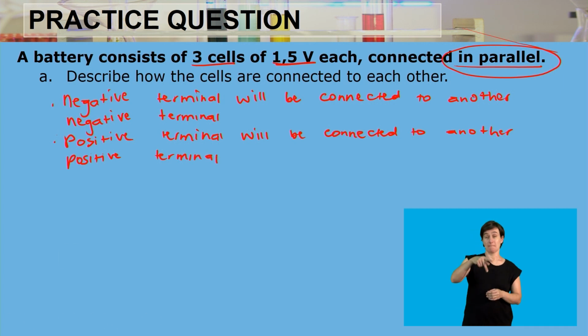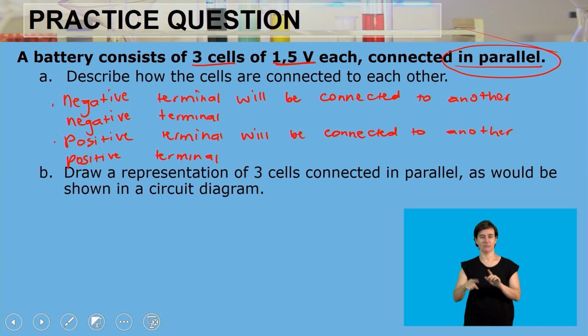So, in a parallel connection, all the negative terminals are going to be connected together, and all the positive terminals are also going to be connected together. Hence, we're saying a negative to a negative and a positive to a positive,